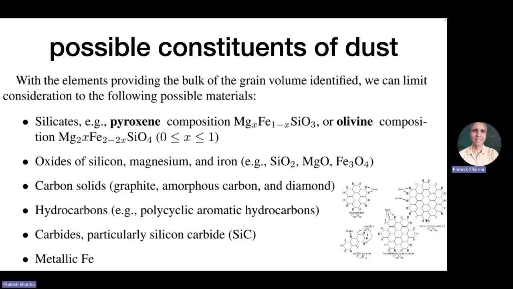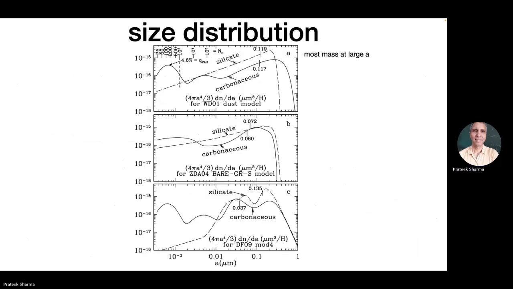In fact, people have actually seen the spectral signatures of fullerene, this C60 ball, buckyballs. They have seen signatures of that in spectra in the ISM. So you can have these 3D structural balls, which look like a football. These kinds of molecules exist in the interstellar medium. Carbides like silicon carbide or metallic iron. So given the elemental constituents, what you think about is what are the stable grain-like molecules that they can form, and these are the possibilities.